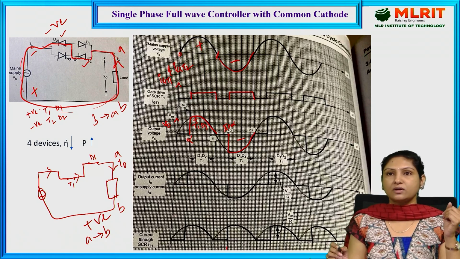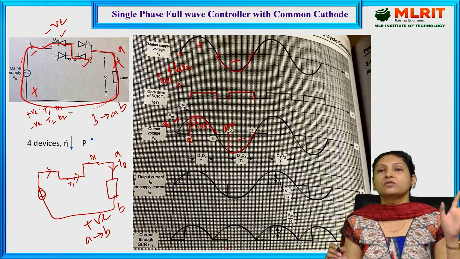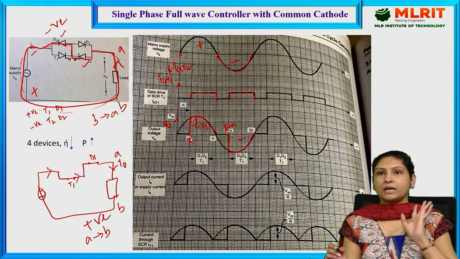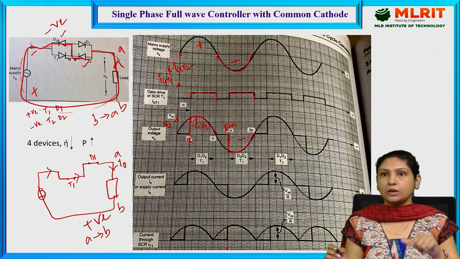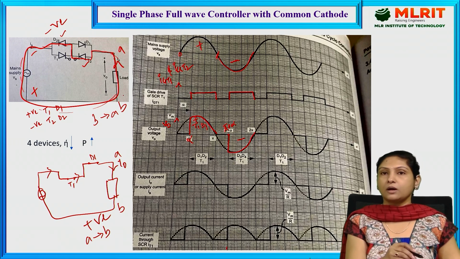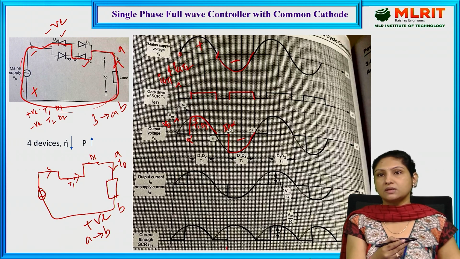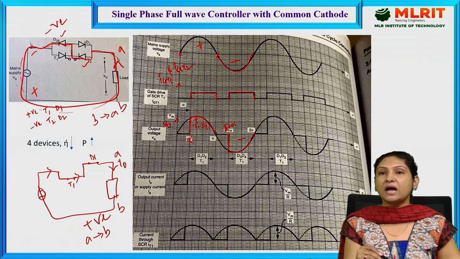Whereas in rectifiers, irrespective of the current flow through the supply, the current flow through the load will be unidirectional. That is how we are getting DC over there. Whereas here in AC voltage controllers, because the output current is reversed in both the positive half cycle as well as the negative half cycle, that is the reason we are getting output as AC,